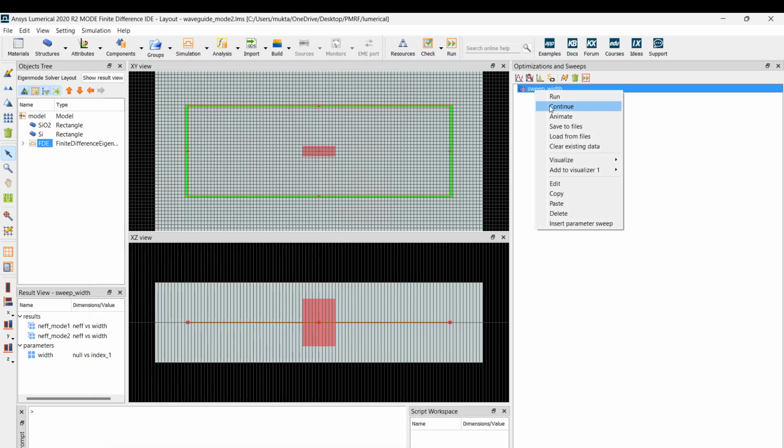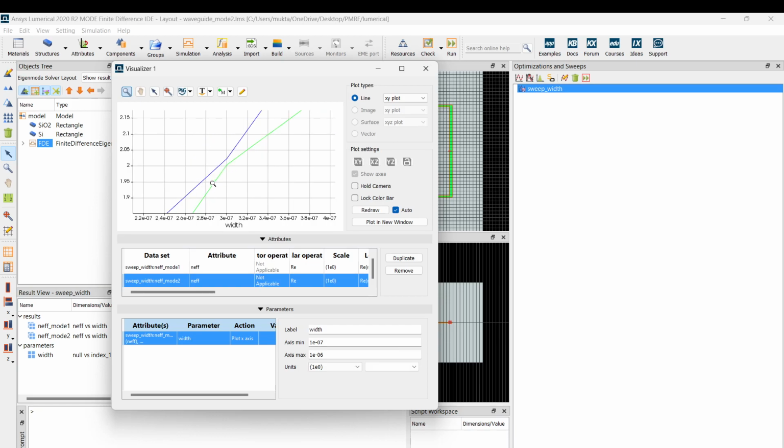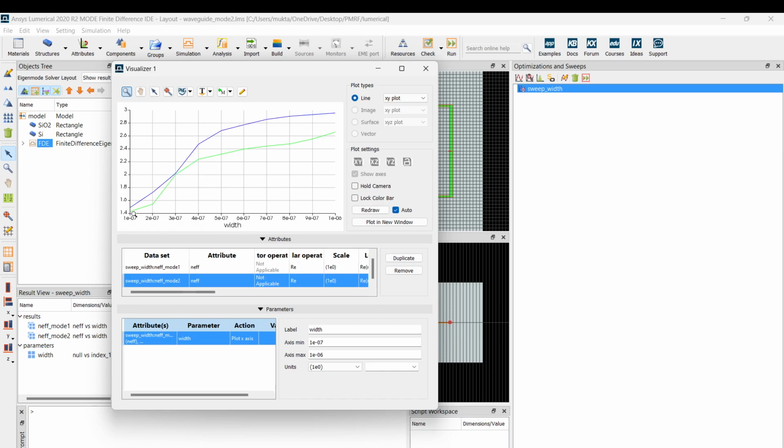This is like this, right? If you look here closely, probably this was the TE mode first, and then it switched here, and this became the TE mode. If you saw the simulations, in the 100 nanometer case, the TE mode was the one that had a lower effective refractive index compared to the TM mode.